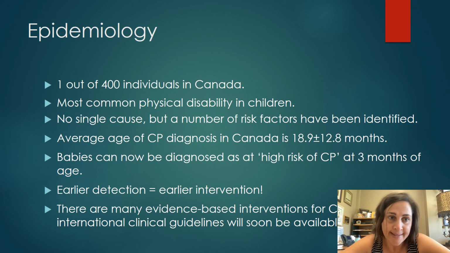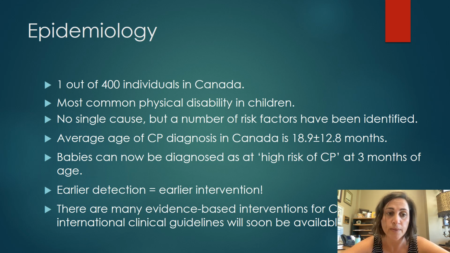So how common is CP? So CP is very, very common. So we estimate that 1 out of 400 individuals in Canada will be diagnosed with CP. It is the most common physical disability in children. We know that there's no single cause, but there have been a number of risk factors identified to help lead